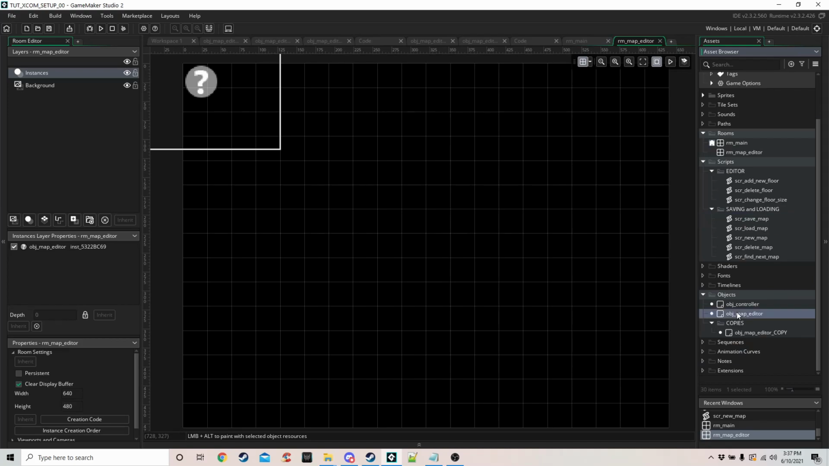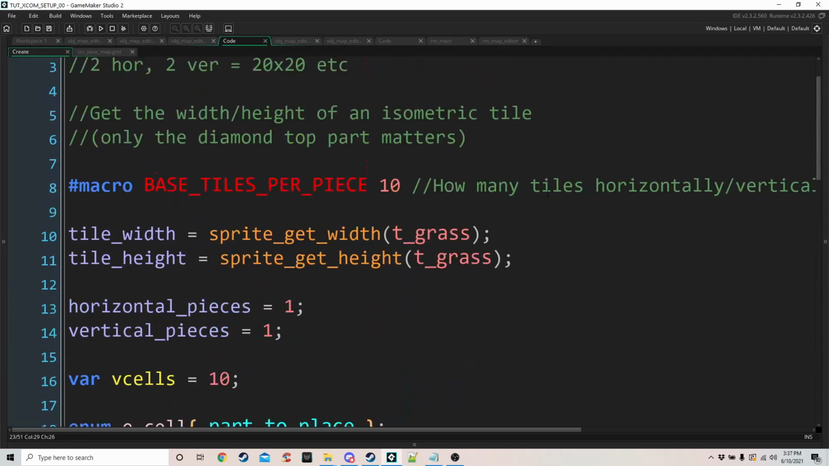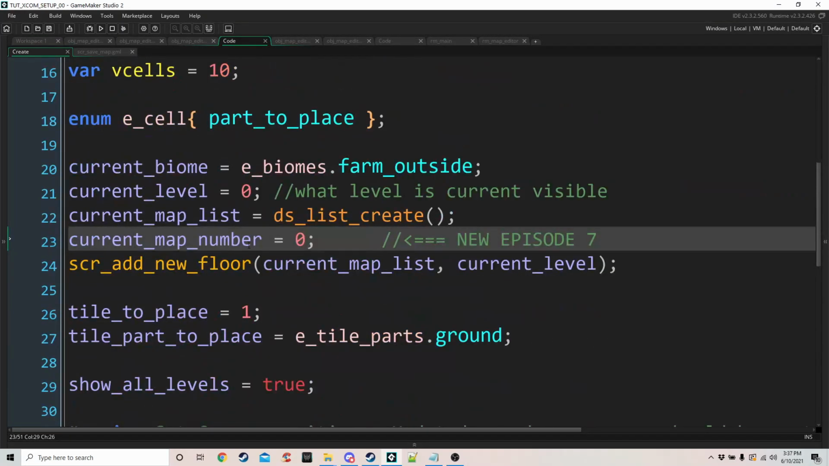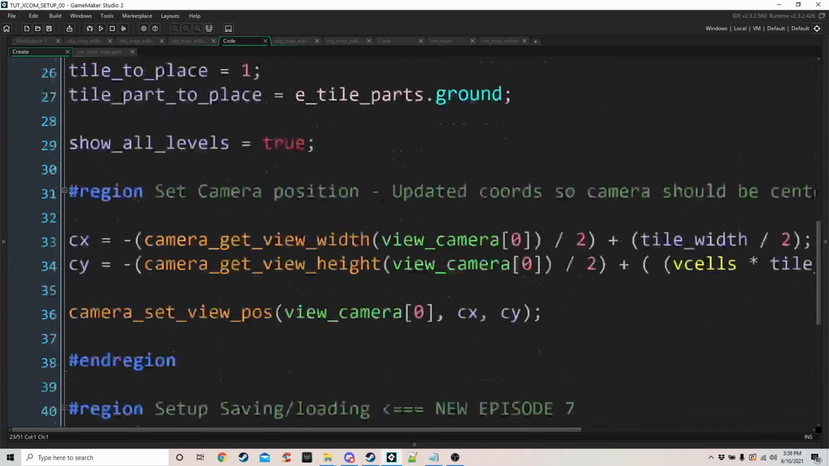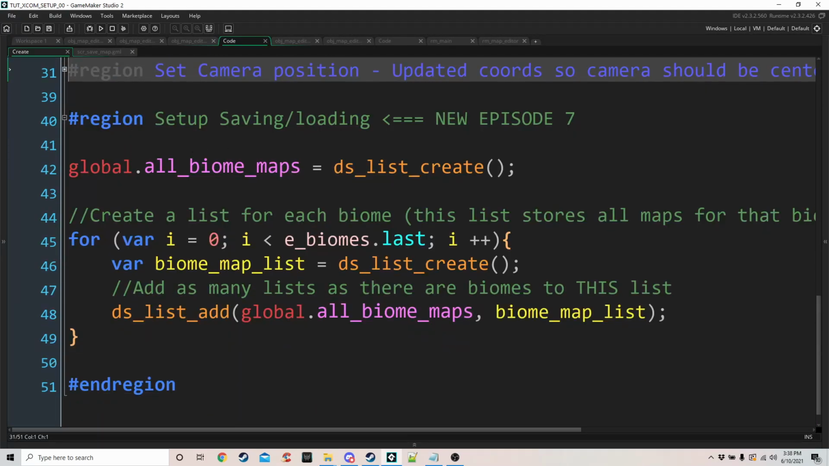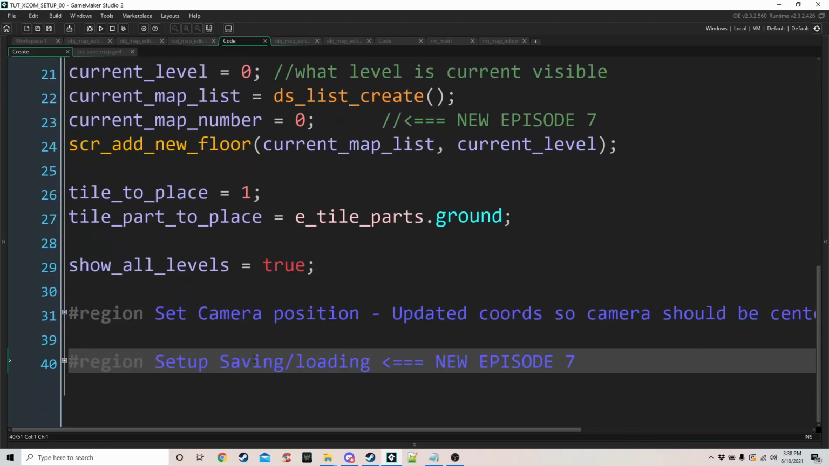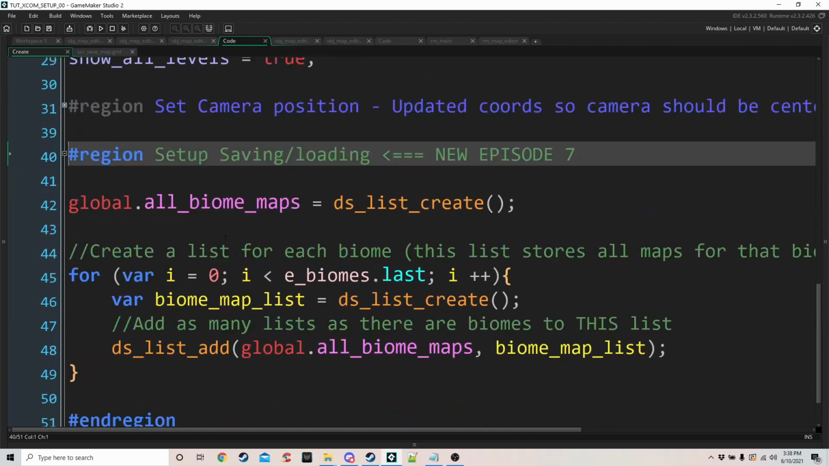The first thing we want to do actually though is in the create event of the map editor. So we have a new variable called current map number, and I'll explain this in a minute. Okay, so let's just create this, and then further down, let's minimize this. Okay, so we have a new region at the bottom called setup saving loading,